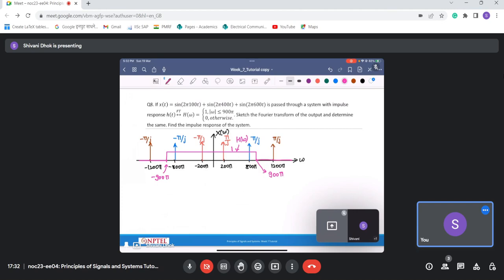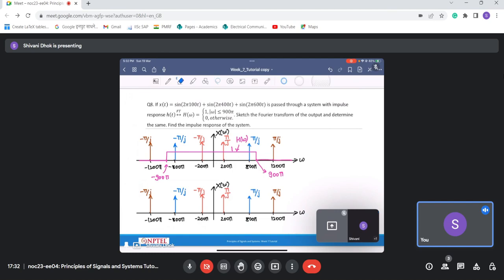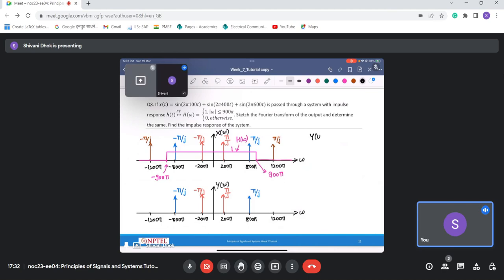the Y of omega will be something like this. That is, this frequency and this frequency will be rejected, and the components located at these 4 places will remain as they are, because the amplitude of this filter is simply 1, and therefore this is Y of omega that we are having here. Now this Y of omega is simply pi by j